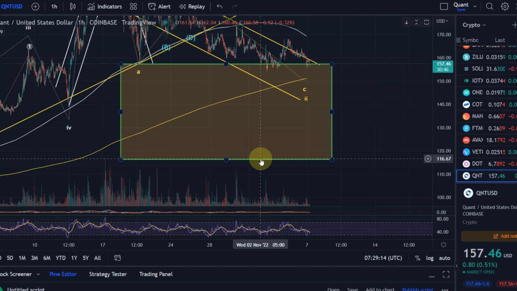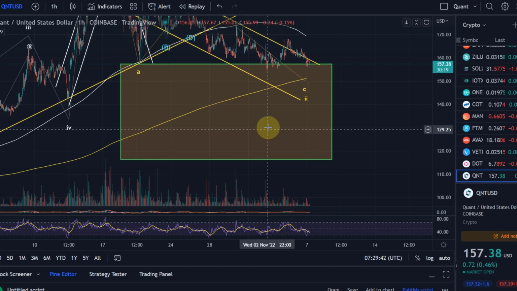The yellow line, not the trend line, I'm talking about this dynamic line which is coming up there. This is the 50-day simple moving average. In my opinion, not too relevant, also not an Elliott wave, but still a level where we could see a temporary bounce. And sometimes you can see prices turn around there. So it is certainly something worth looking at as well. So primary expectation is further continuation to the downside.